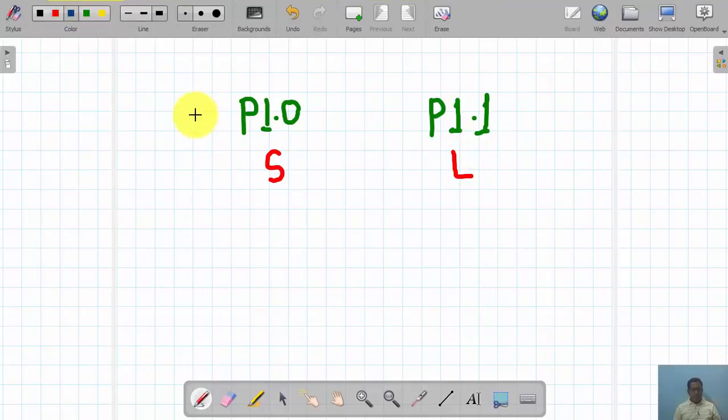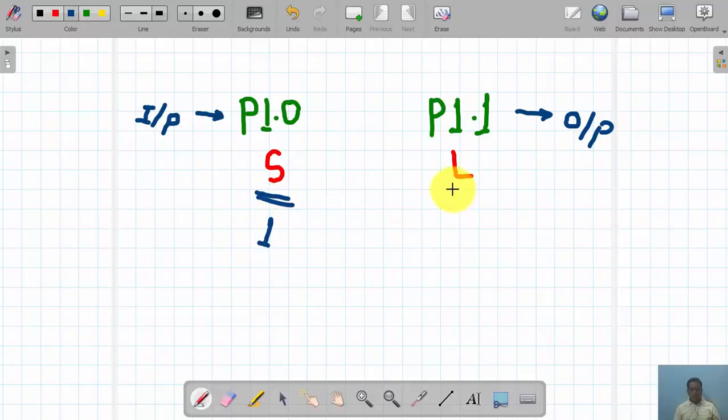So P1.0 is working as an input pin, whereas P1.1 is working as an output pin. In order to configure P1.0 as input, we have to write 1 on it, and to configure P1.1 as output, we have to write a 0.